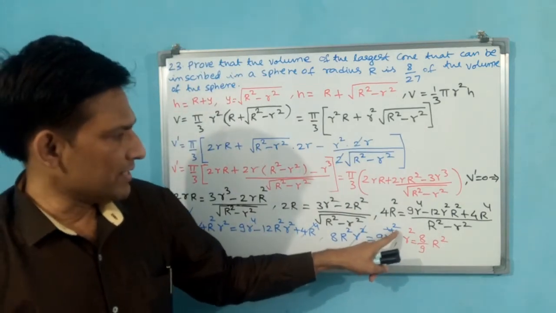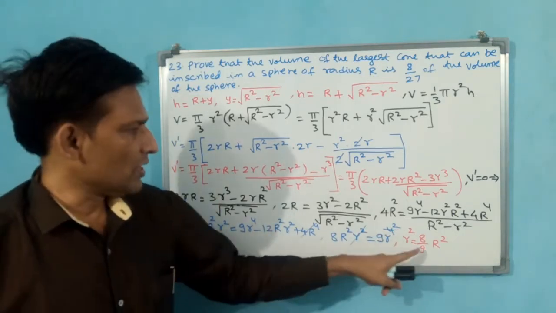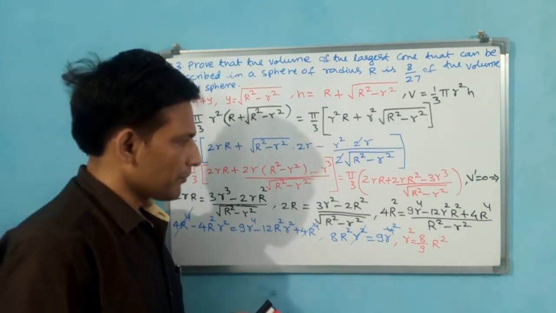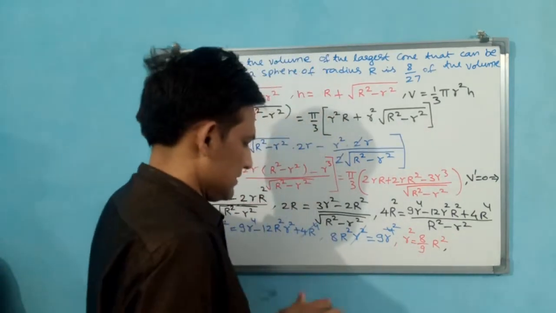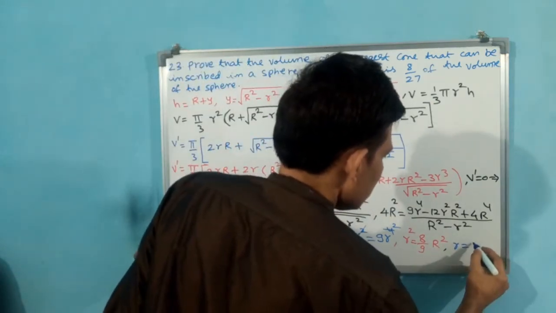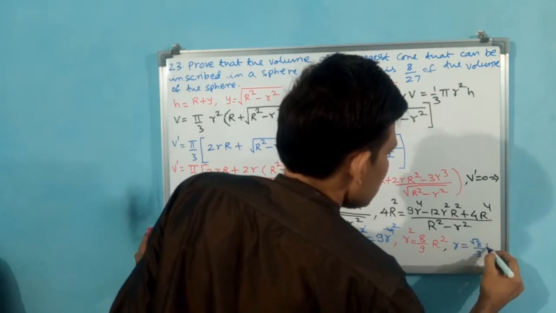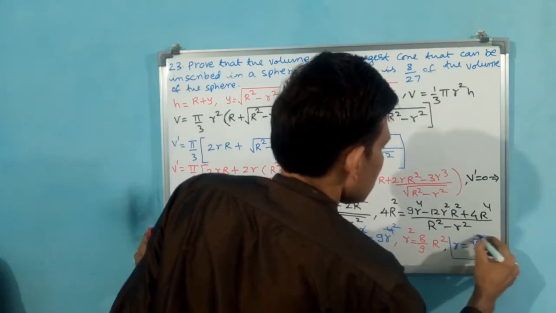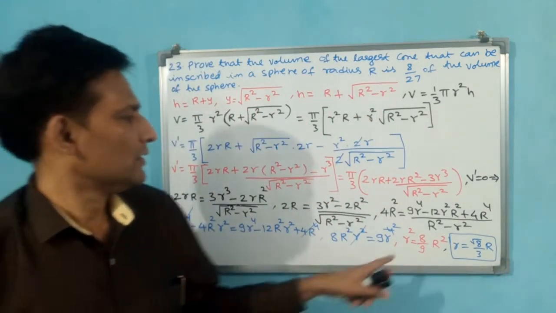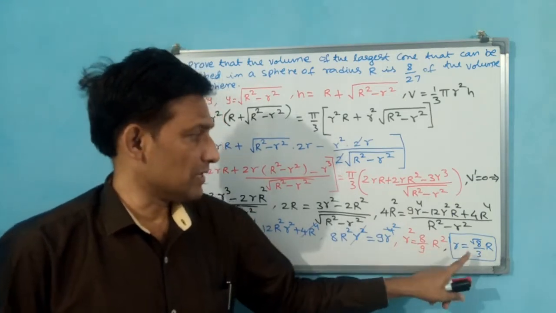See 9 R square is there. Now r square, r we have to find after making it. R I am finding, r you can find, you see how I am finding. Comma, r is equal to root 8 by 3 capital R. This also you can take. Why? Because root we have to make r. Square root of 8 but 9. 9 means 3, R square means R only will come. The r you have got.